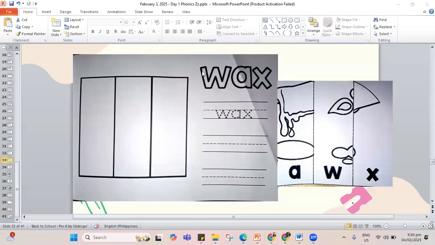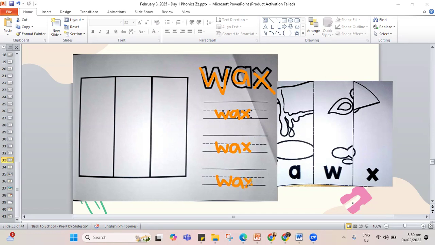And the last page for your work there, it's the word wax. So we have W, A, and X, that is wax. Again, W, A, and X, wax.